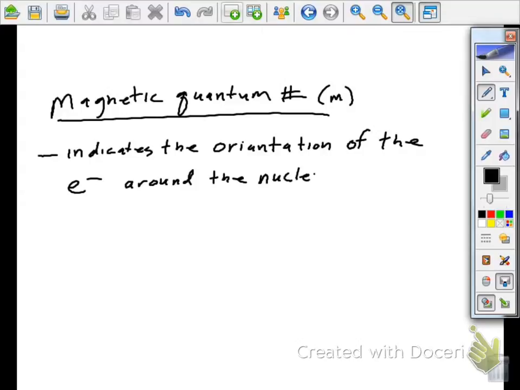This will be the last one we'll talk about. We're not going to get into spin. Spin's pretty easy compared to the rest of them, but we need to talk a little bit about